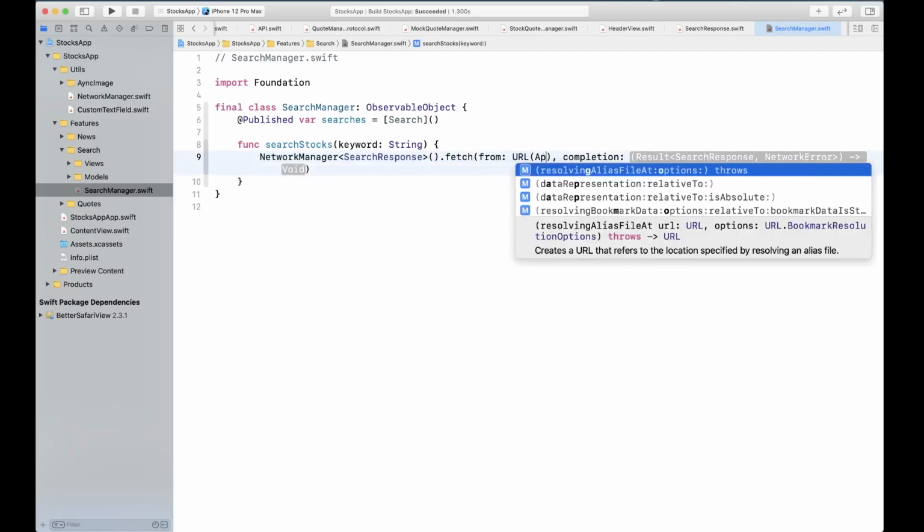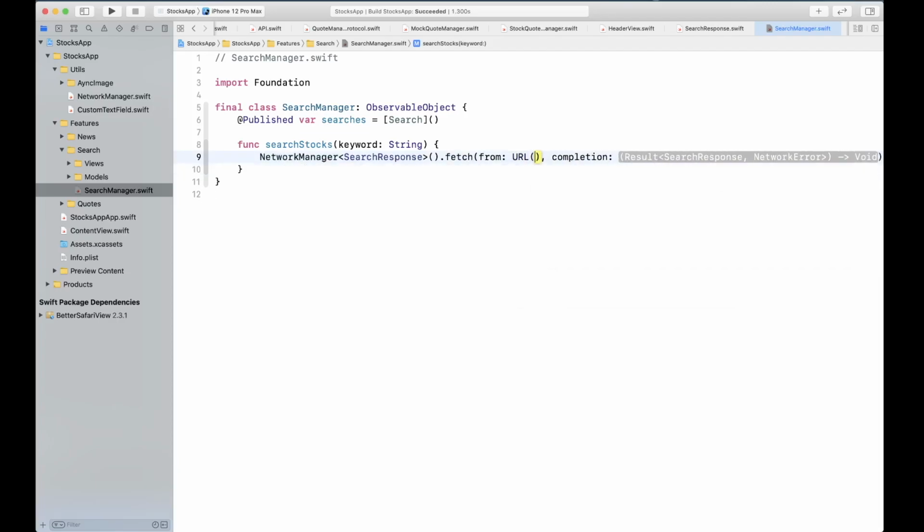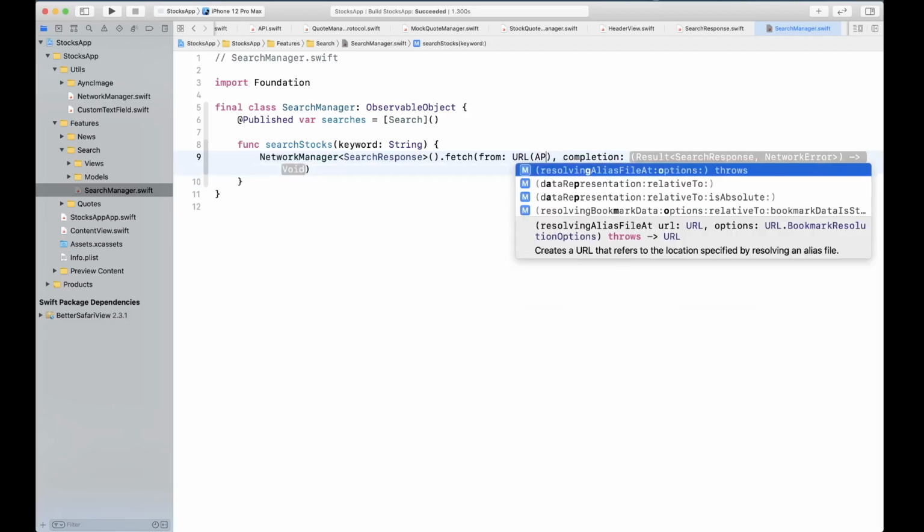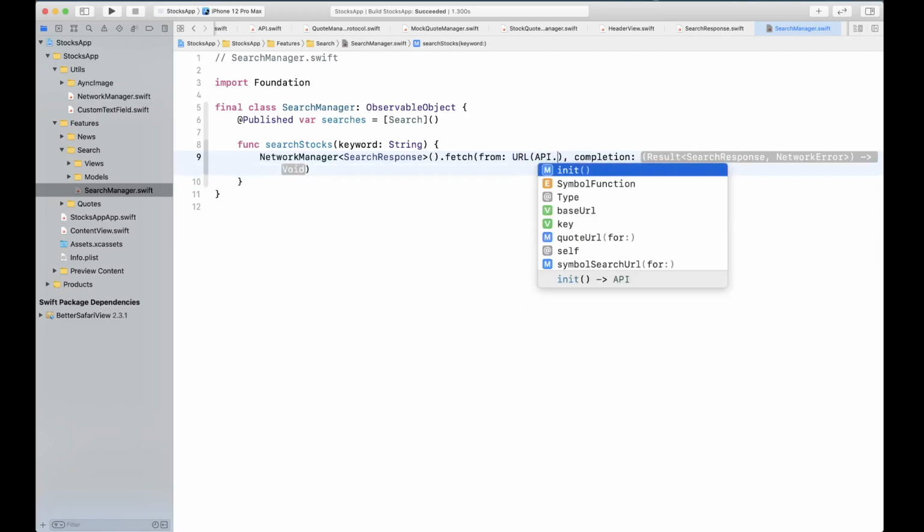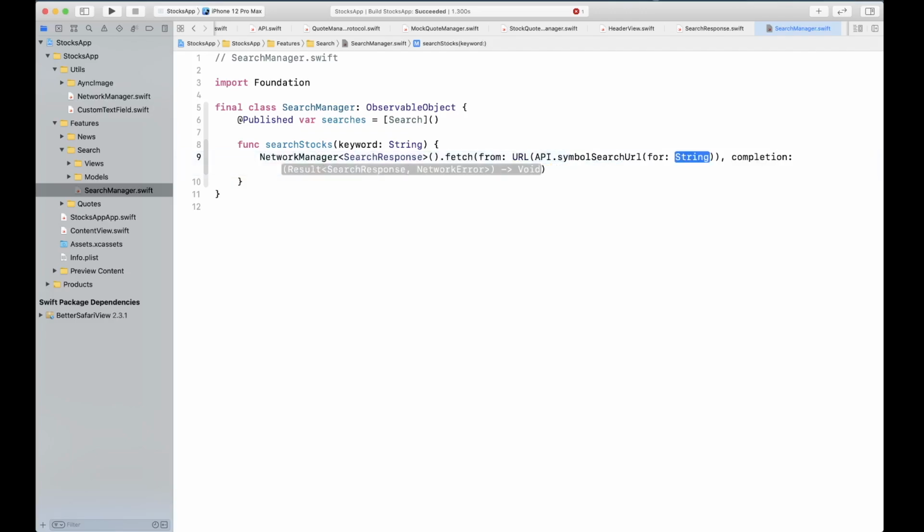The URL is going to be API dot symbol search URL for keyword. Okay, and this is going to give us a result.